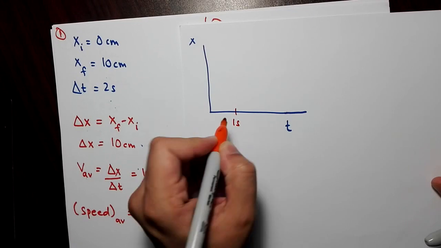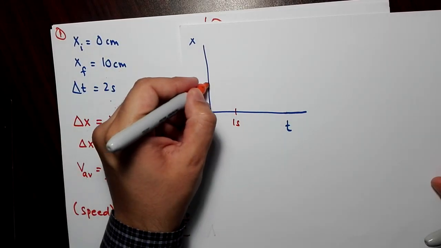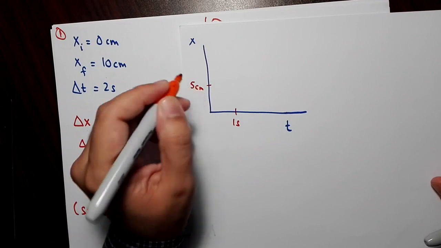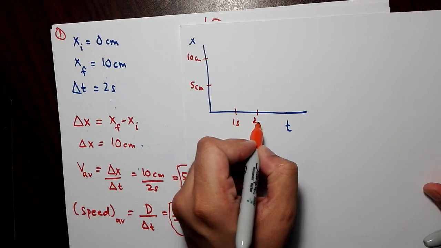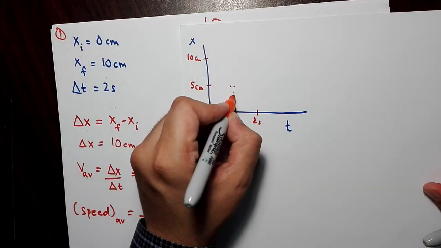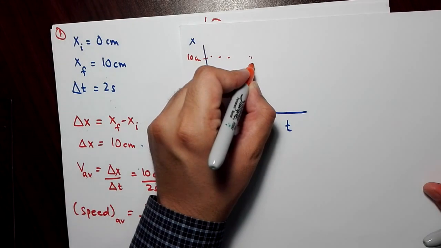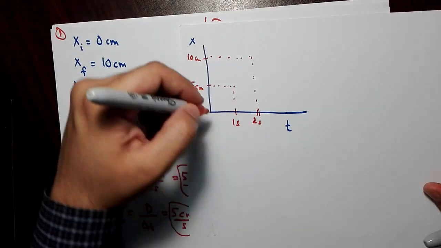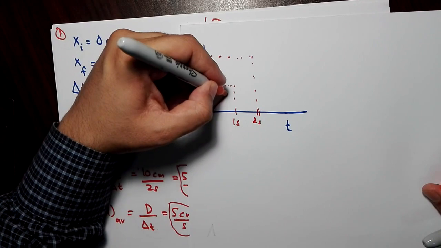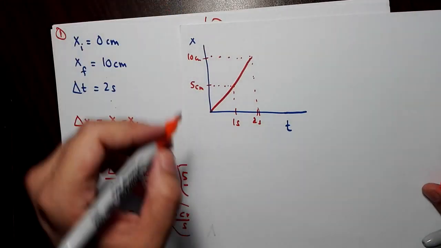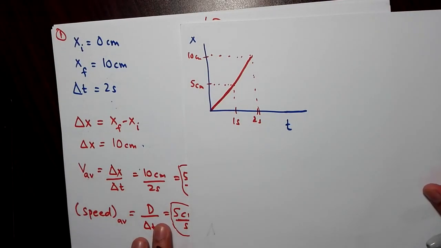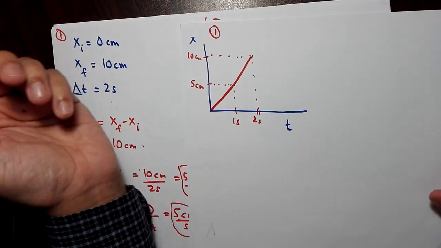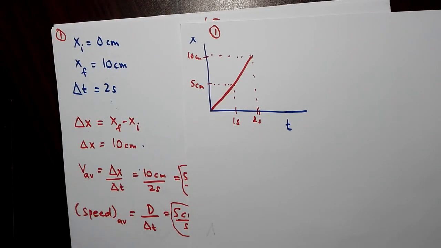I'm gonna just draw the graph at a convenient scale. So Thomas is at, let's say, 5 centimeters at t equals 1 second, and then t equals 2 seconds 10 centimeters. Then that's your first point, and then second point. So here's your graph. Is this a straight line with a fixed slope? Okay, so that's the position versus time graph of Thomas in the first example we did. And if you plot the velocity versus time graph, you will get